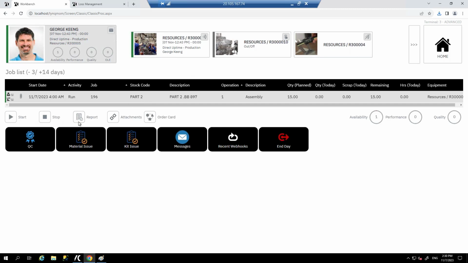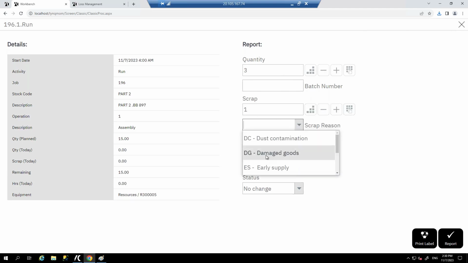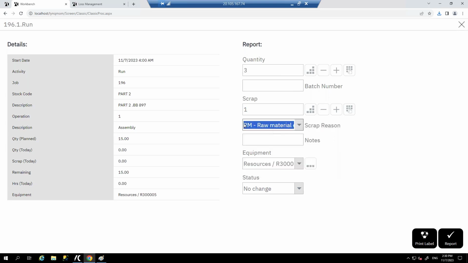And while that's running, you might want to report production. And this is manual data capture. We support serialized, lotted, bin control environments for traceability. It's going to report scrap as well. So you're going to see a quality loss here as a result of that. And he might want to print a label or change the status of the production order here.